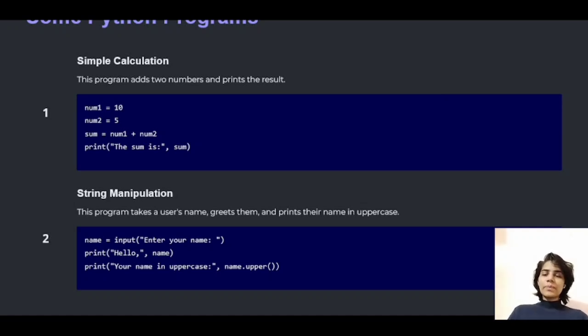Now print is the built-in function of Python that is used to display something that is enclosed between the double quotes. Okay, so we have written print, the sum is, and sum. So in this, the sum will print is 10 plus 5, that is 15. Okay, so second program is